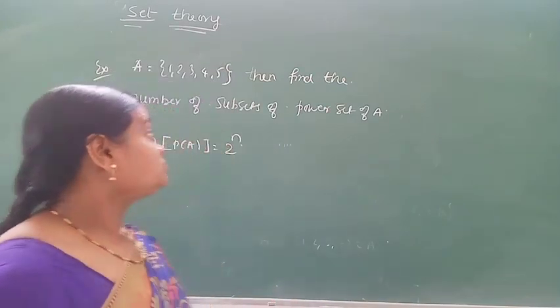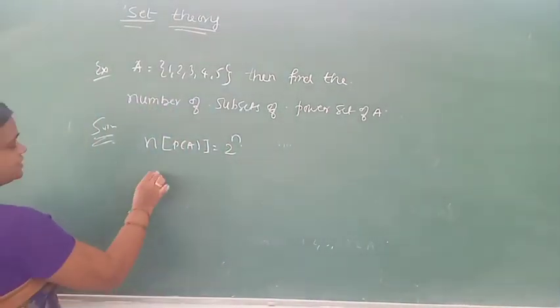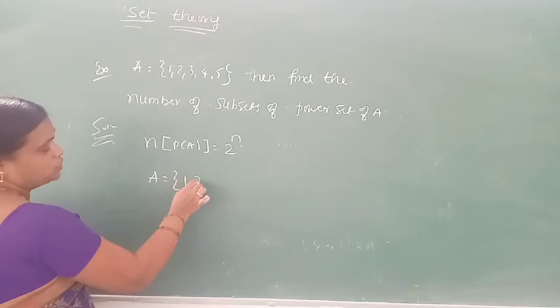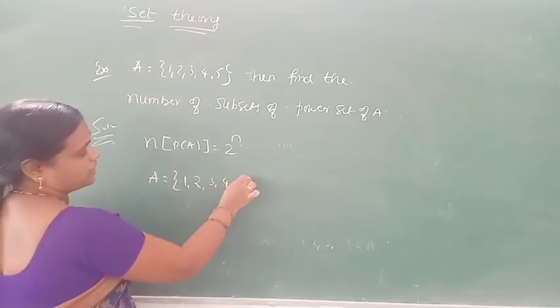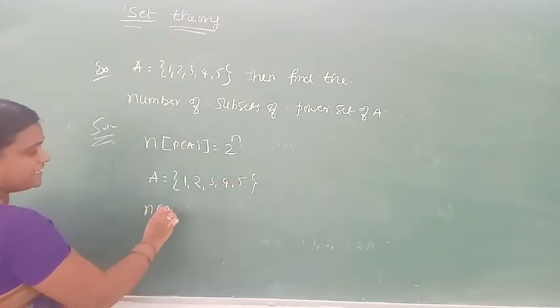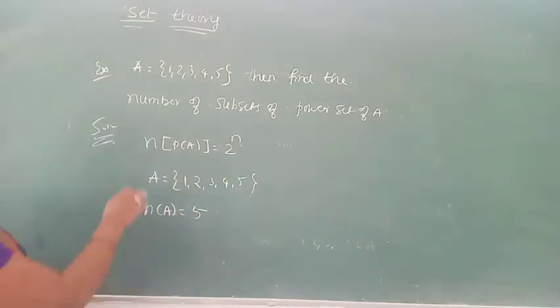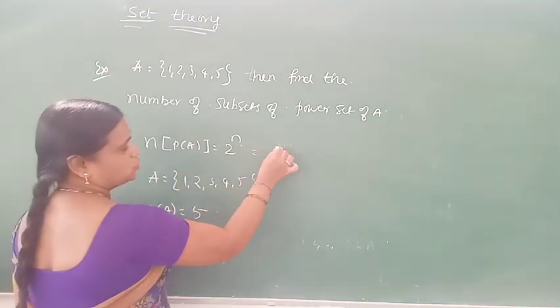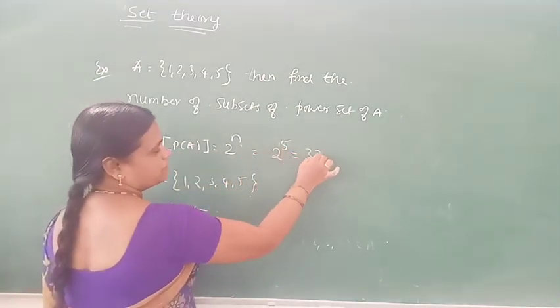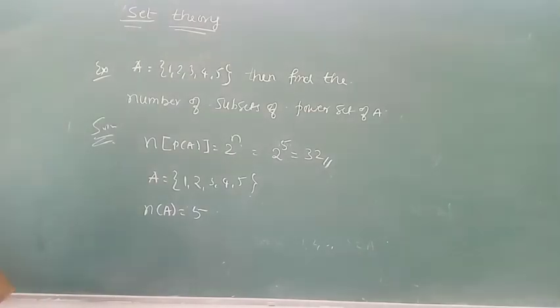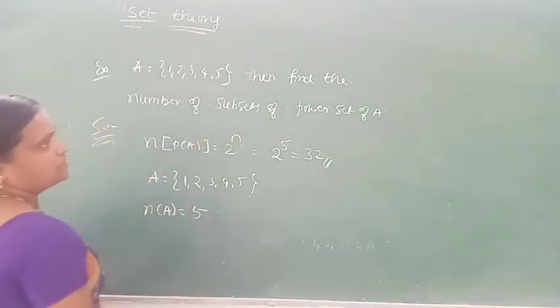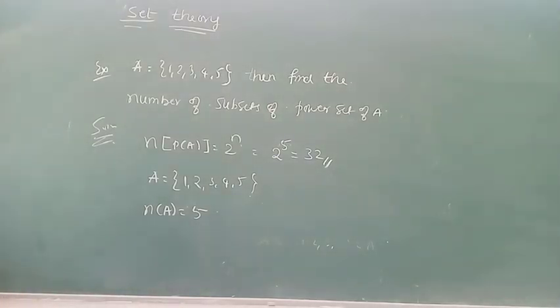Okay. Here the given set A is what? 1, 2, 3, 4, 5. Means number of elements present in A is what? n of A is 5. Correct. And we know the number of power set of A formula is 2 to the power 5. How many elements are present here? 32 elements. Okay, 32 subsets are there in the given set. Remember it. This way we can calculate.